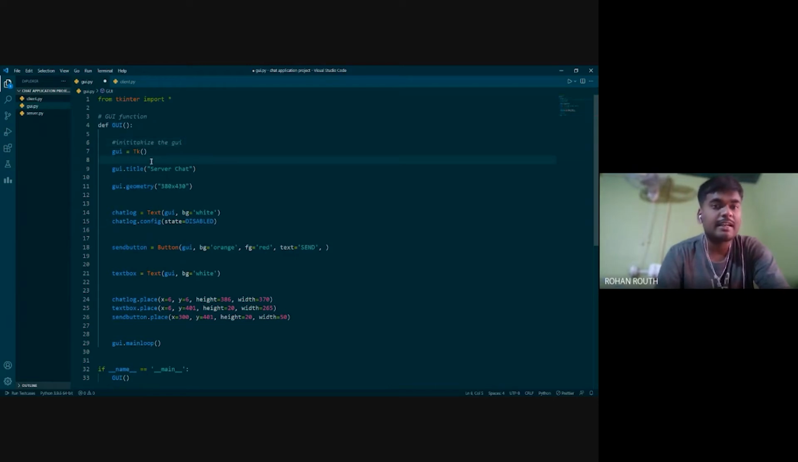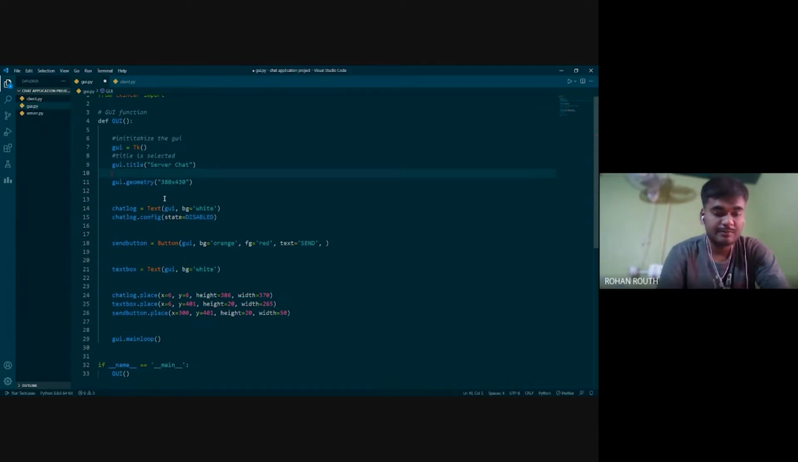and in the second line, what we have done is GUI.title, server chat. So the window will be titled as the server chat. Title is selected, and then we have specified the GUI.geometry. So the chat box would be of the size 380 by 430. It will be the geometry of the chat box,